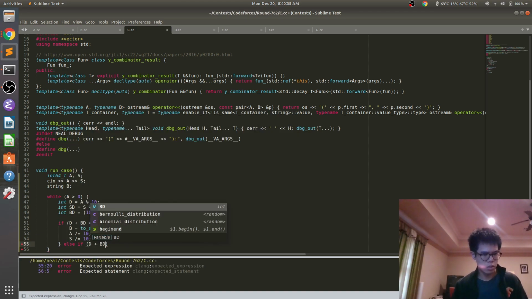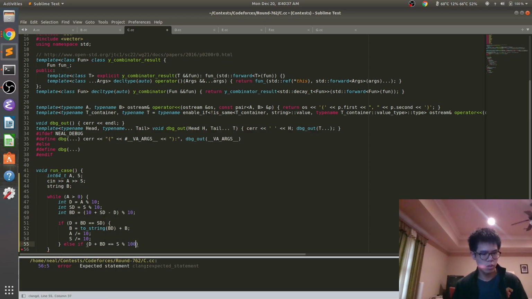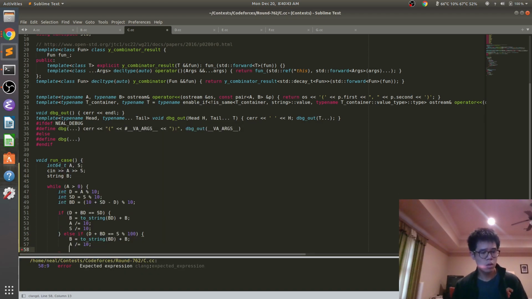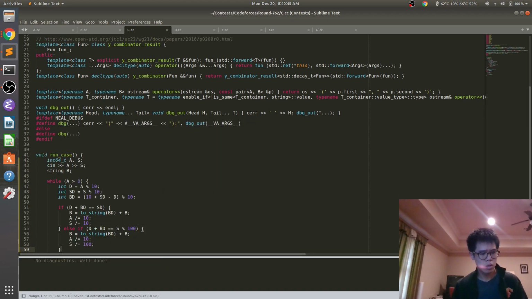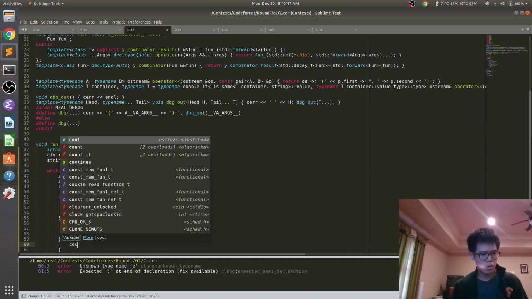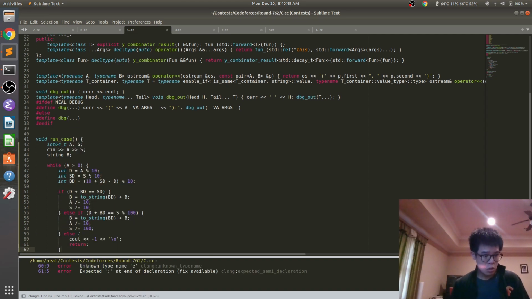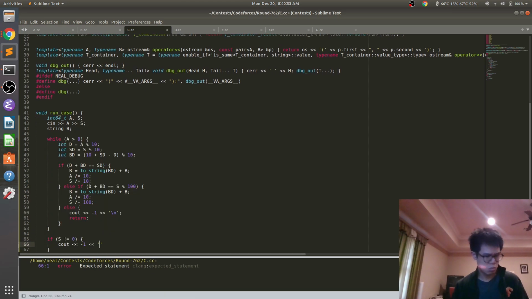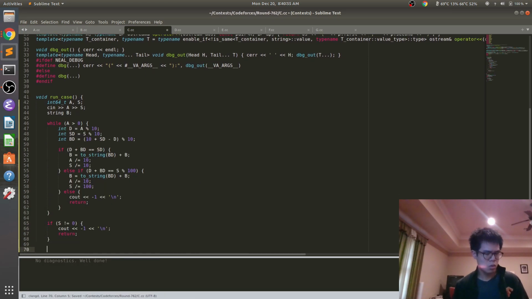Also if d plus bd equals s mod 100, again, if s not equal to 0, and now